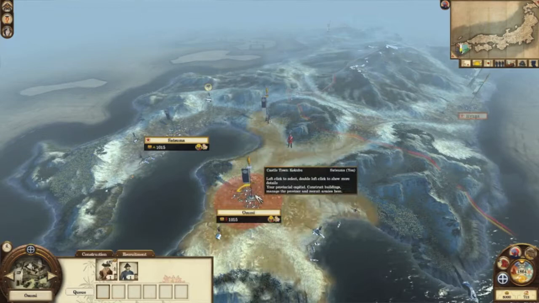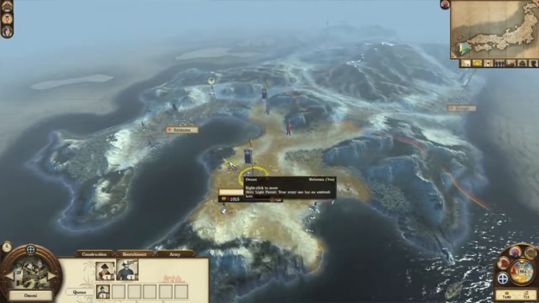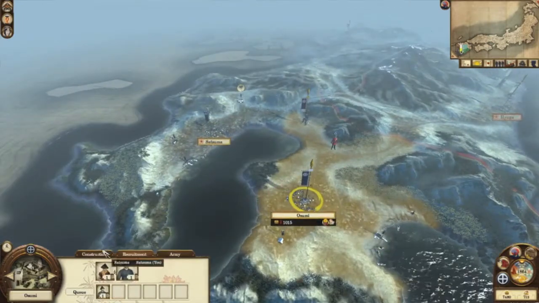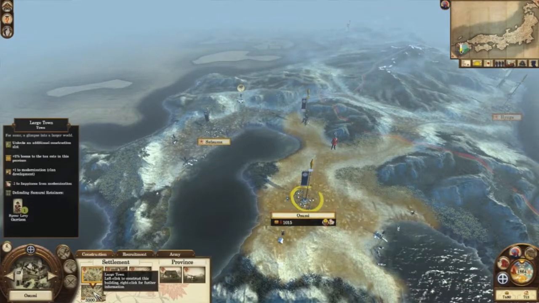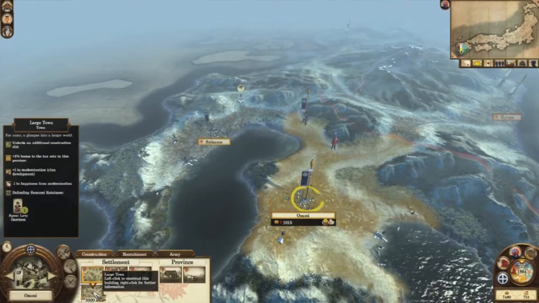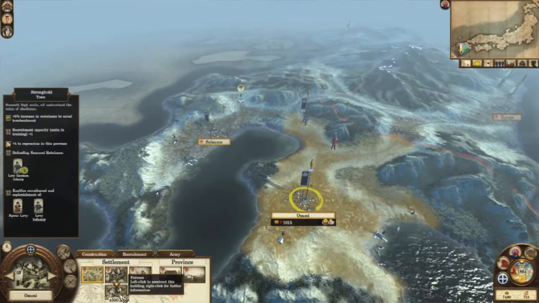Oh wait, there's levy infantry here too. Okay, so it doesn't matter. So I can only build one at a time, so I might as well only click one right now. Don't want to waste any more money per turn than I already need to, because then I can also build construction. I do believe I want to go for, unless...